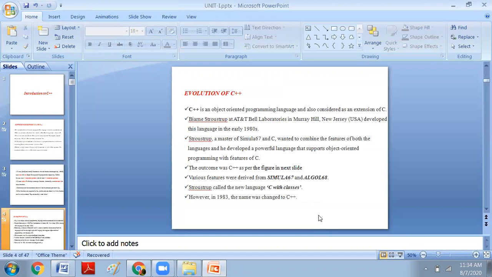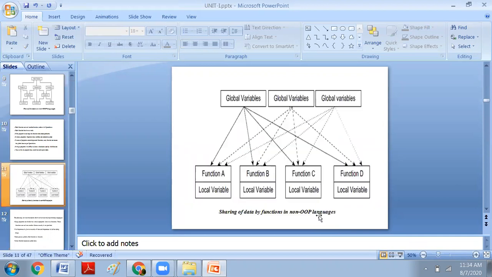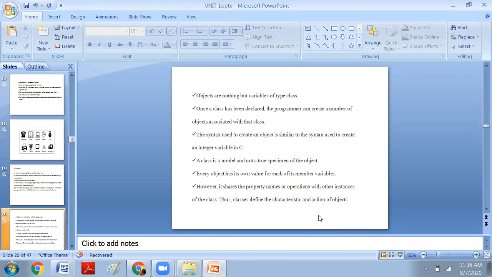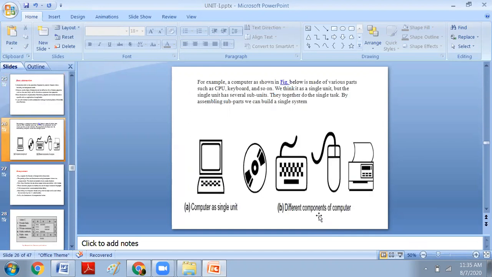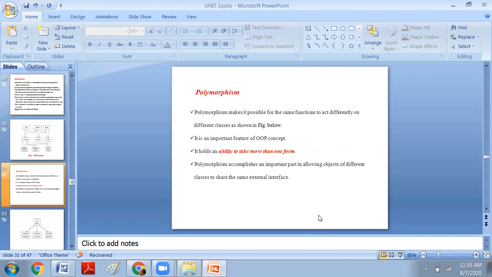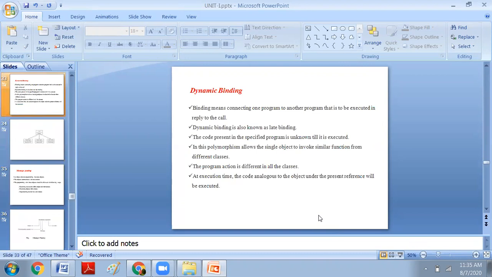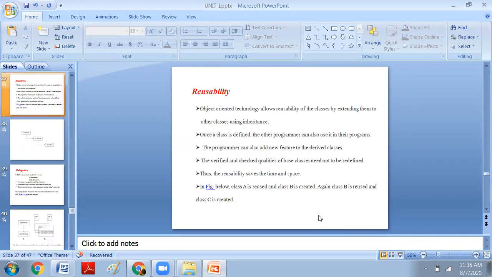Next, after inheritance, one more inheritance related concept is polymorphism. What is meant by polymorphism? Polymorphism is one thing, many forms. One name for two or more functions is called polymorphism technically. Polymorphism is of two types: compile time polymorphism and dynamic polymorphism. Already we have briefly seen what dynamic binding as well as compile time polymorphism are.